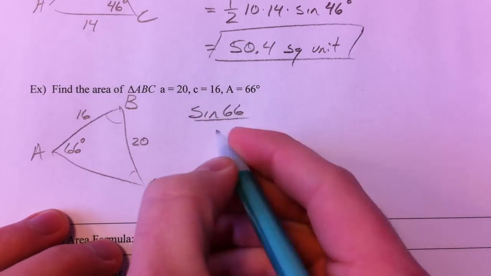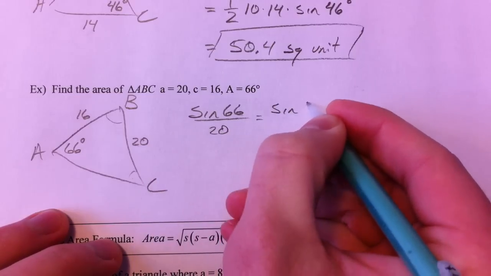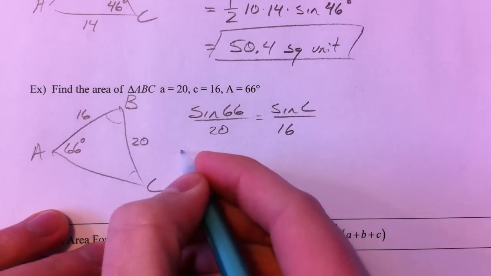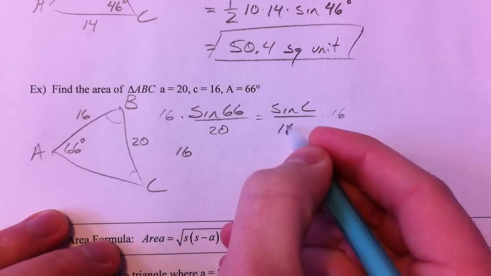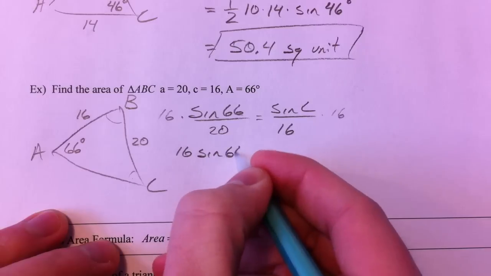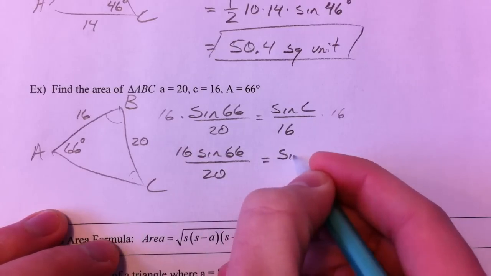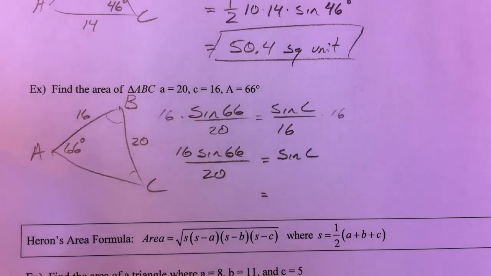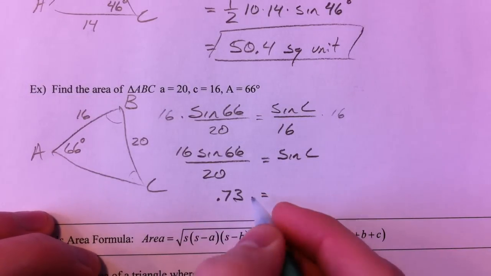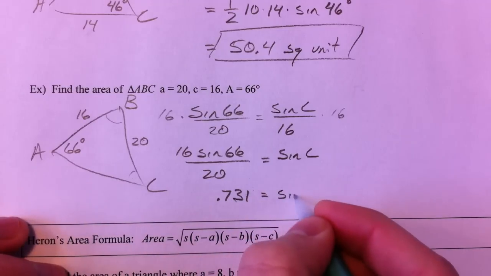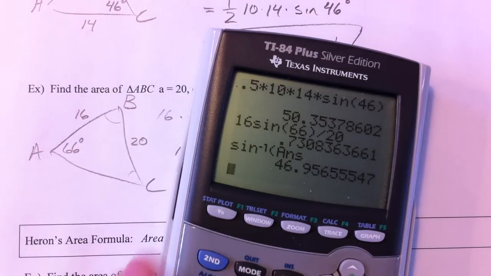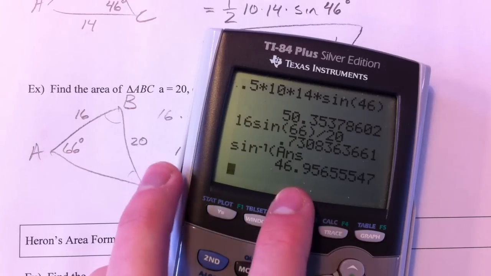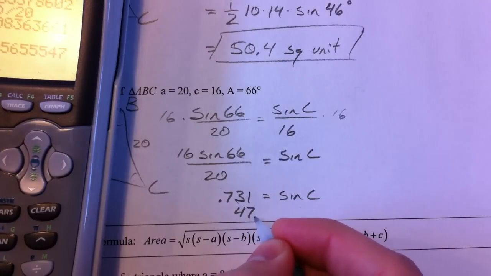sine of 66 over 20 is equal to the sine of angle C over 16. And so if we multiply both sides by 16 to cross out the 16 on the bottom, 16 times the sine of 66 over 20 equals the sine of the angle C. So 16 times the sine of 66 divided by 20, 0.731 is the sine of the angle C. If you do inverse sine of that, you get 46.9, or 47.0 if you round up. 47.0